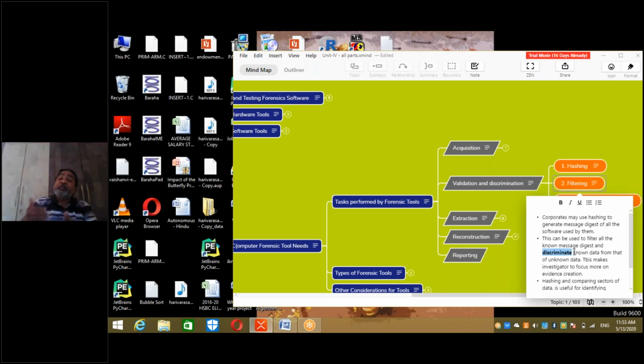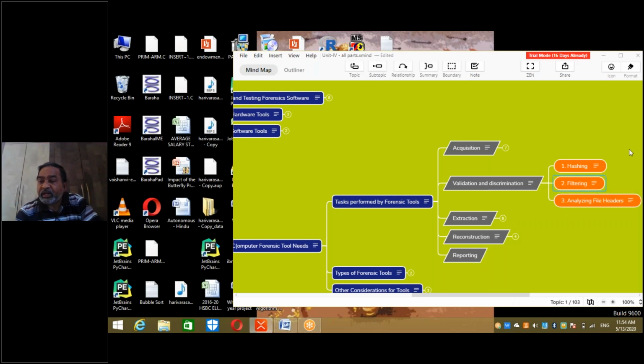Filtering also is comparing the data acquired from RAM and cache memory versus hard disk or pen drive, arriving at the common data and maybe supplying the missing data. That is the purpose of filtering.